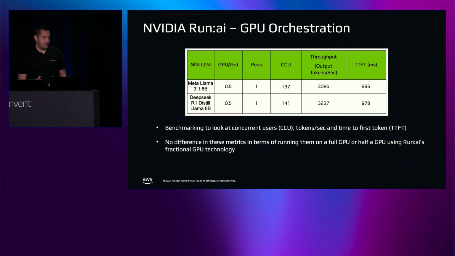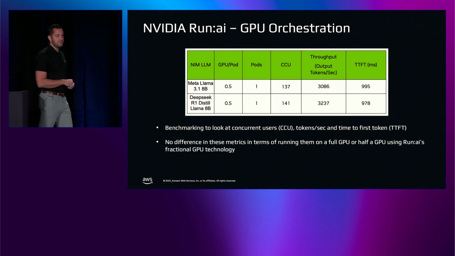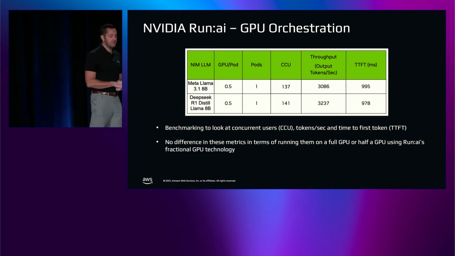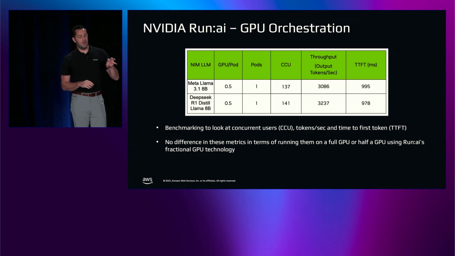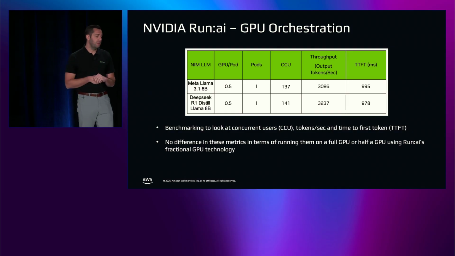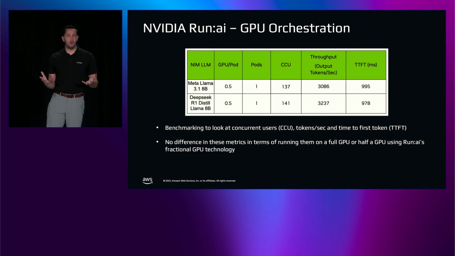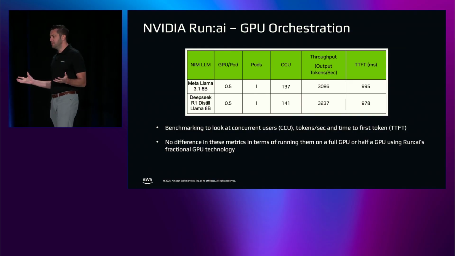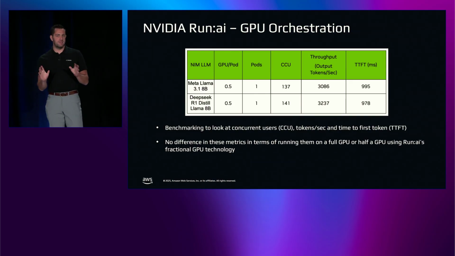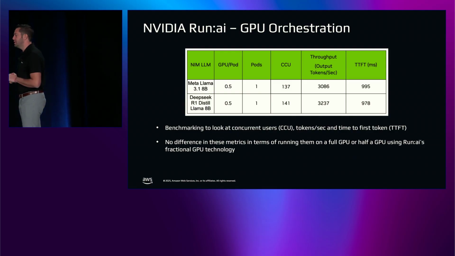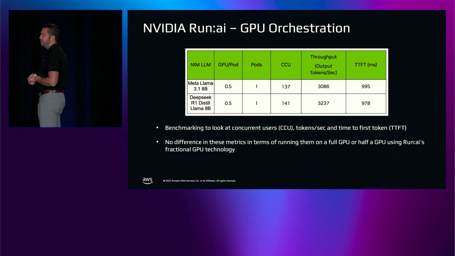Okay, so what does this look like in terms of real-world scenarios and performance here? I wanted to give a quick example of some benchmarking that a third-party team at NVIDIA did. We basically took Llama 3.1, the 8 billion parameter model, and DeepSeek, the 8 billion parameter model. If you look at the memory requirements for those models, it's not a full GPU. I think Llama 8B sits around 17 or 20 gigs of GPU memory that's required. DeepSeek's about the same. So what we did is we took these two models, we deployed them on an